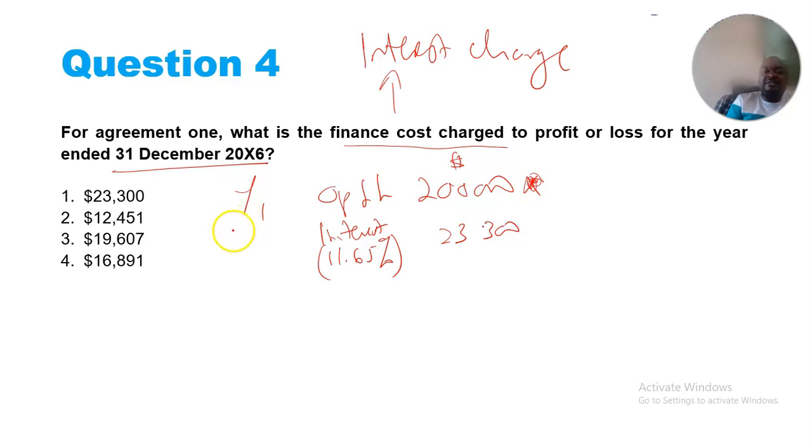Year one is 20x5. But the question wants the interest charge, the finance cost, for 31st December 20x6. So those people who picked this one and were complaining in my inbox were actually lost. This is just for year one. So this one increases the lease liability. However, it is then reduced by,